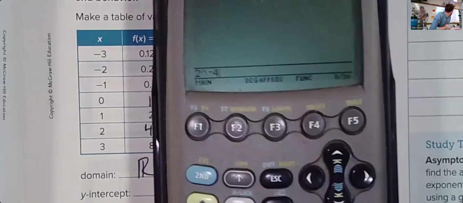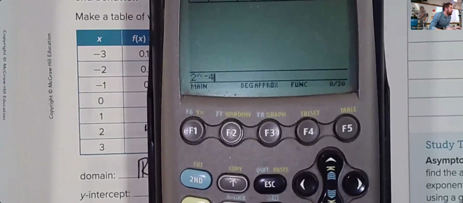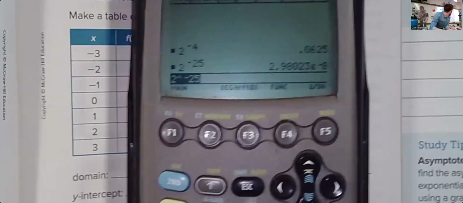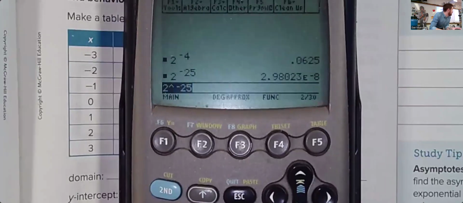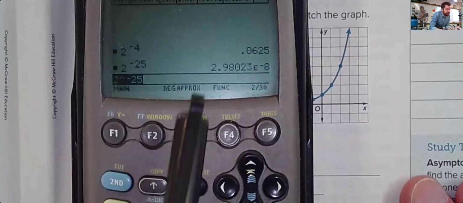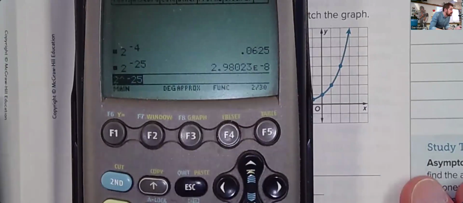What do you get? 0.0625. Okay. How about 2 to the, let's say x is negative 25. So 2 to the negative 25th power. I get mine in scientific notation, which basically means that if we moved this decimal 8 spaces to the left, that would be that number. So you'd have